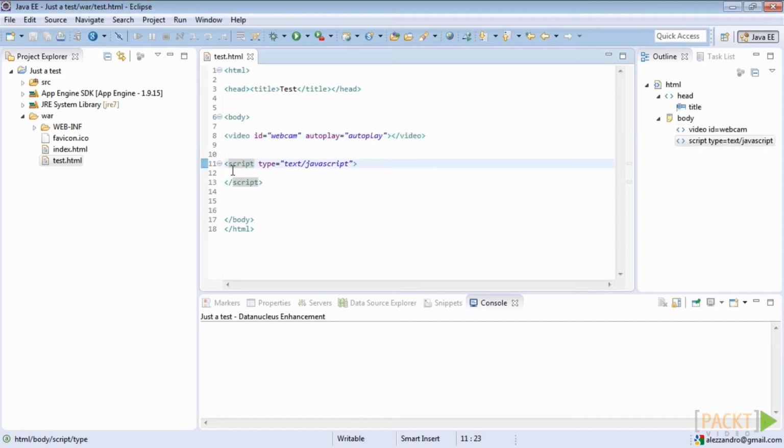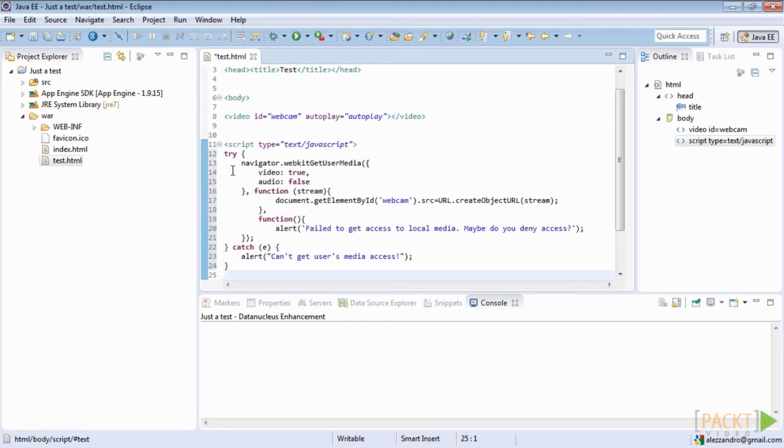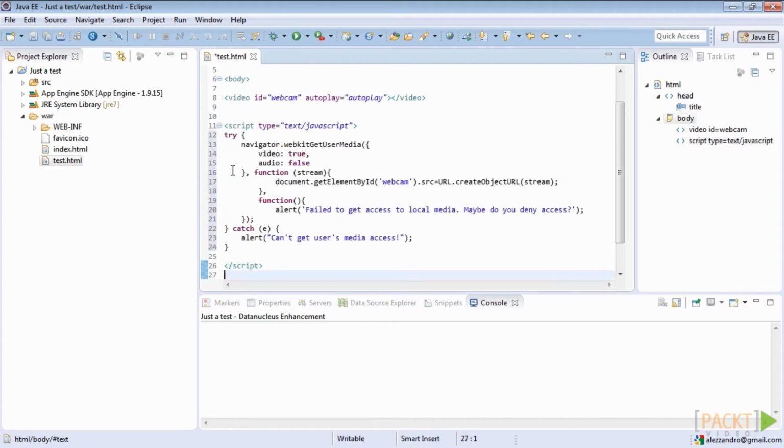Now we have to define the JavaScript code to request user media. We need to use the navigator object. Please note that the navigator interface represents the state and the identity of the user agent. It allows scripts to query the browser and to register themselves to carry on some activities. Since we want to use the Chrome web browser, we have to use the WebKit getUserMedia method to request all